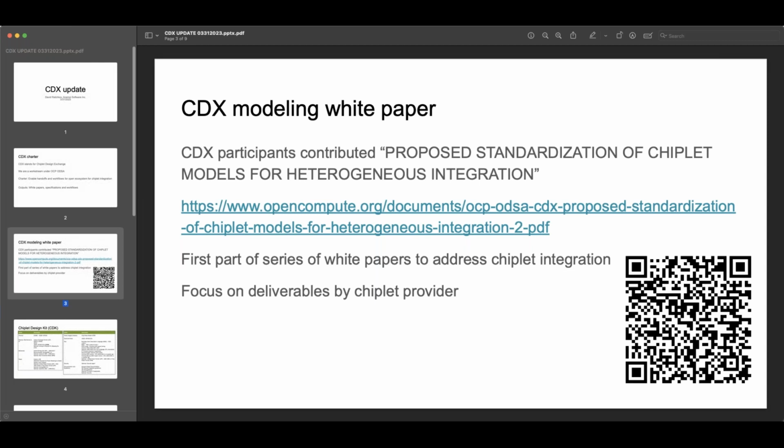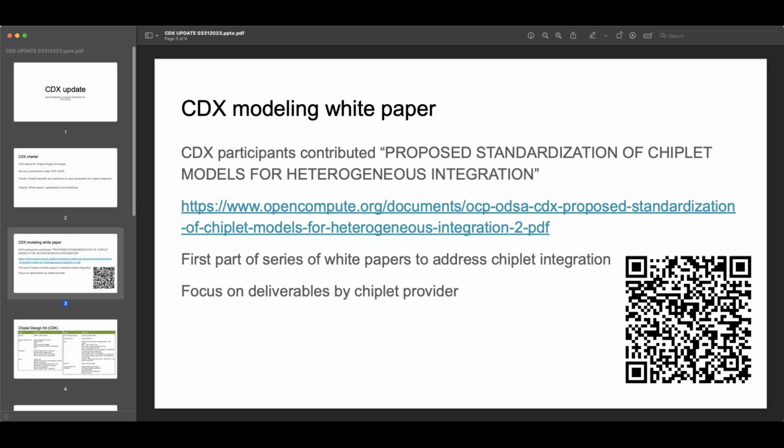On the slide, I have the link, and in case you get the file and it's not clickable, I also have the QR code. You can easily scan it and get to the white paper. This is in the OCP contributions database.